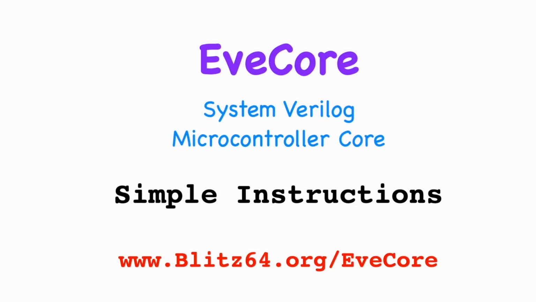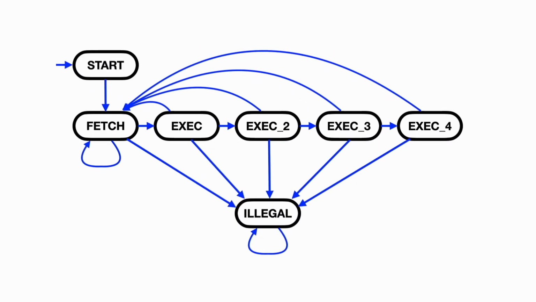This video is part of a series in which I describe how to implement a simple microcontroller core in System Verilog. In this video, I'll be walking through the Verilog code that implements simple instructions like the move immediate and the ALU instructions. In previous videos in this series, I described the finite state machine, the states of which are